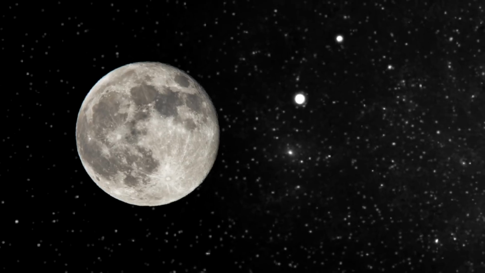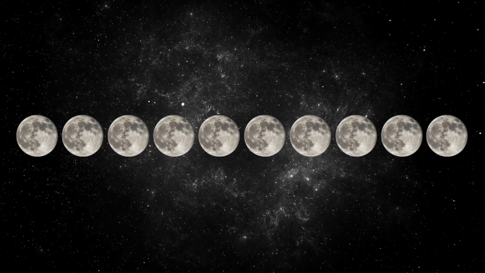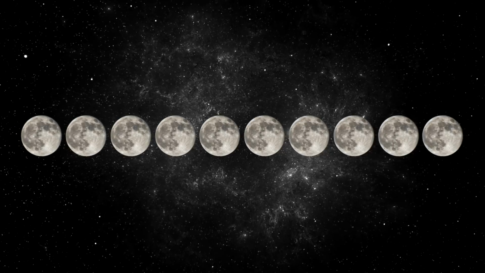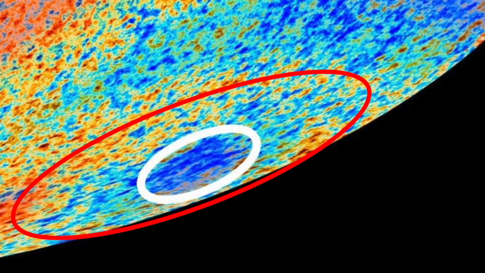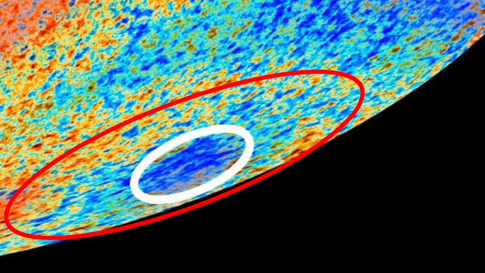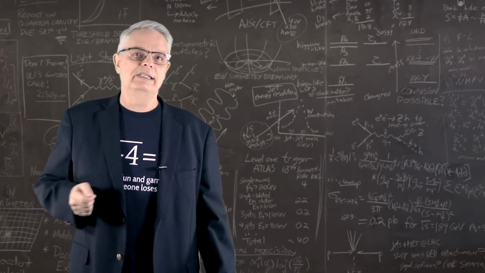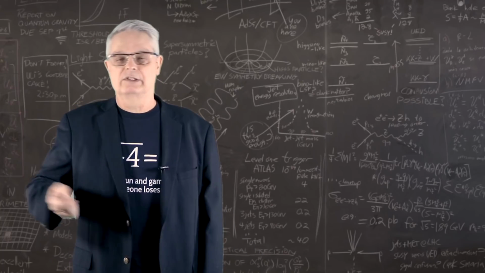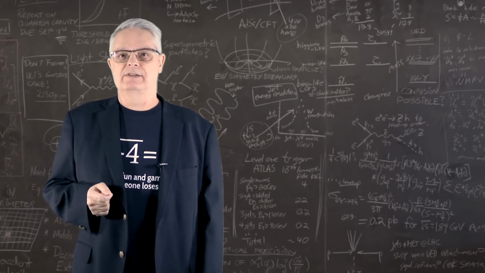It's about 5 degrees wide, or about 10 times wider than the full moon. It's located in the southern hemisphere and the constellation Eridanus. The apparent coldness of the spot is exacerbated by the fact that it is surrounded by a hotter ring. So what could cause the cold spot? Well, the easiest explanation is that the universe just happened to be created that way. That's a possibility. However, other explanations have been suggested.